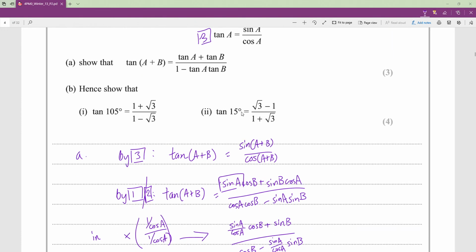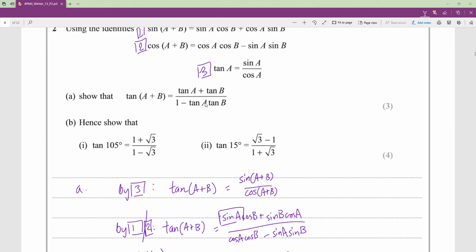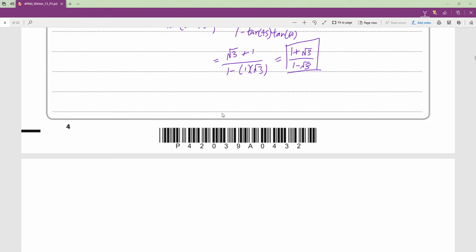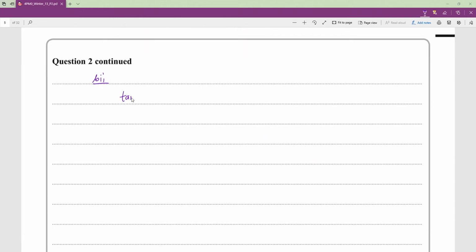How do we do this with tan 15? Well, although we don't explicitly make it so that we are showing how tan a minus b would work, we can still say it's tan a plus a negative number and then work with that negative number. So, for example, in the case of tan 15, our a would be 60 and our b would be minus 45. Tan of minus 45 is minus 1. So what would we do? Tan 15 is equal to tan of 60 plus minus 45, which is